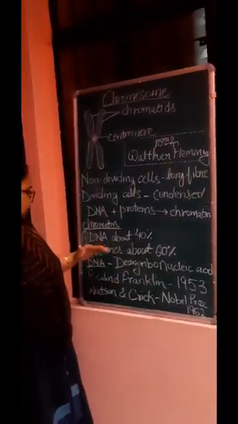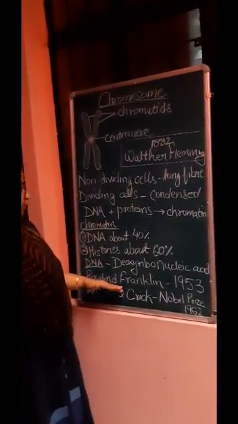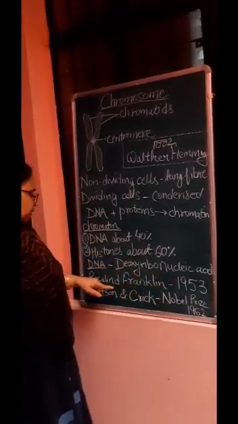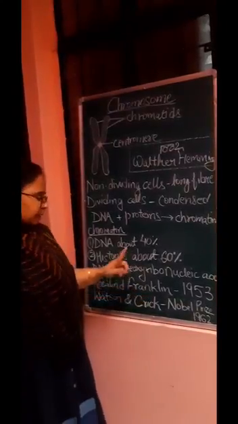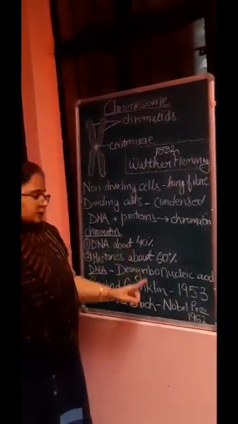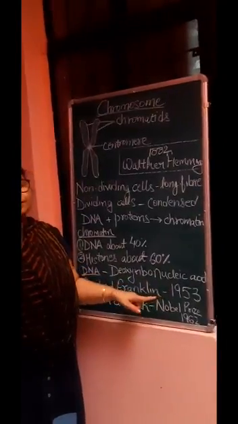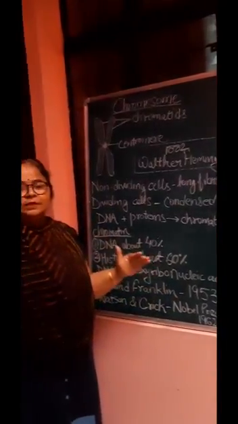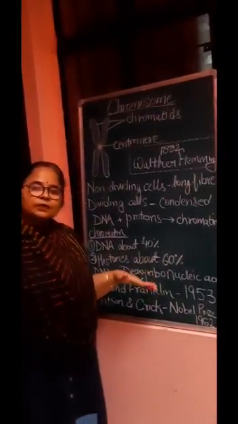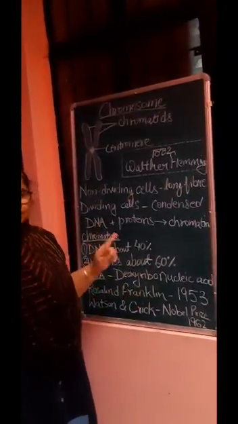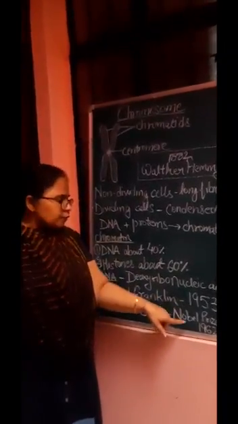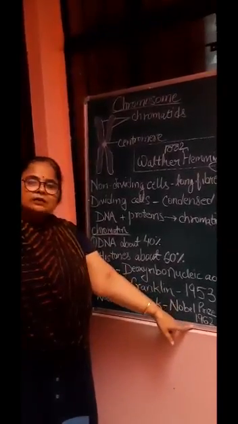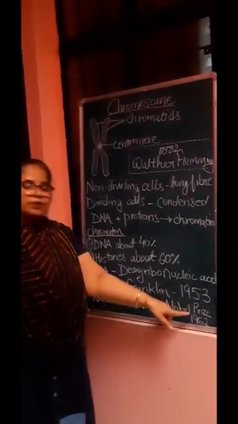Deoxyribonucleic acid. Now, the DNA structure was studied for the first time in 1953 by a scientist called Rosalind Franklin. But Watson and Crick, in the same year 1953, came up with a structure which was universally accepted, and it is called the Watson and Crick model of DNA. According to them, DNA is double helical in structure, and for this, in the year 1962, Watson and Crick got a Nobel Prize.